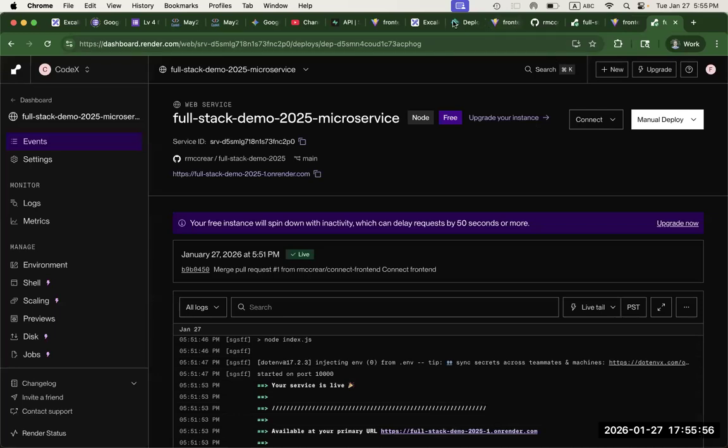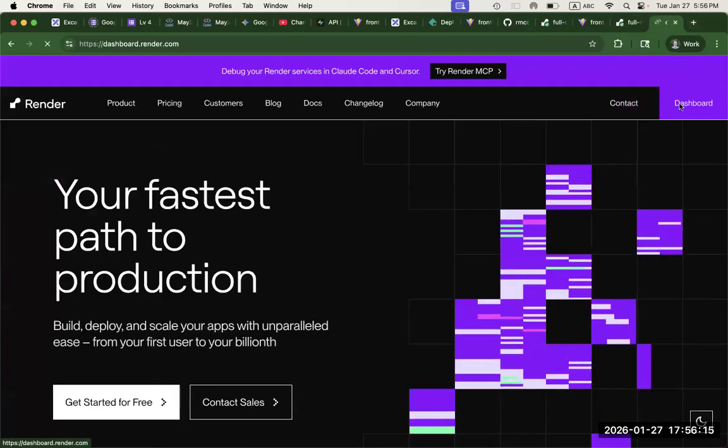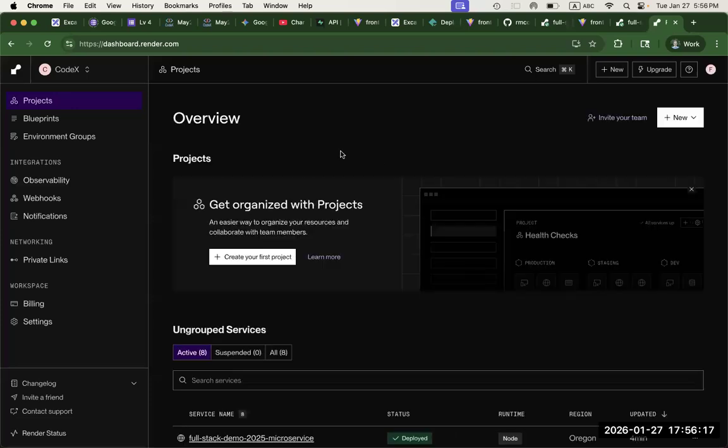So what I have to do now is I have to head back over to, that's Netlify. I have to go back to Render. I have that one open. Render.com. Get back over here, my dashboard,